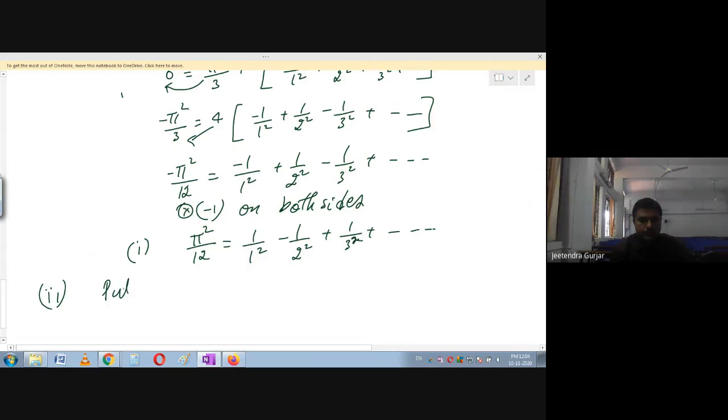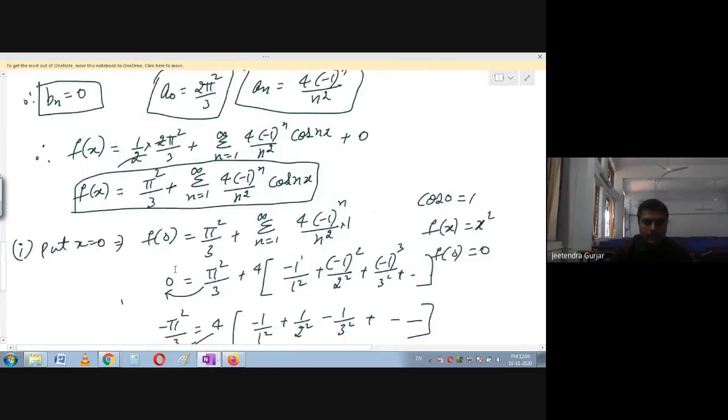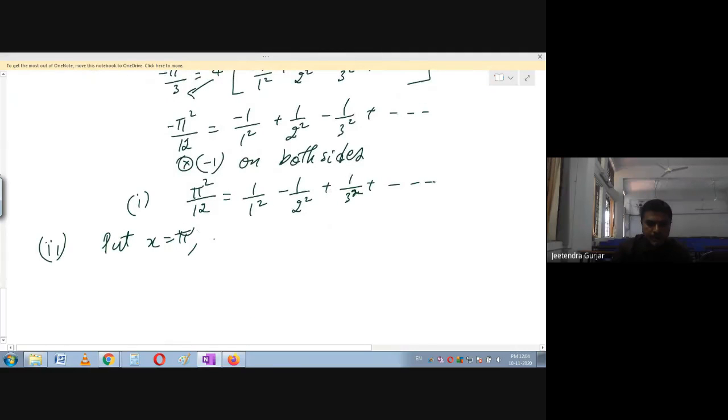Put x = π. Let us see what I'm going to get in the equation when I substitute x = π. I'm going to take this equation as (a) and substitute into equation (a), so x is equal to π. Okay, so f(π)